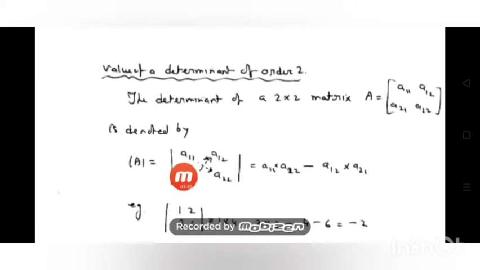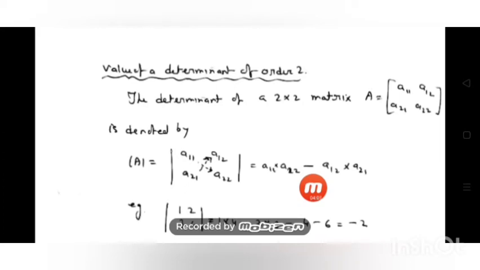I just give this notation to show how to do the calculation. First you take the first element and multiply it, just like cross multiplication. A11 you multiply with A22. I just give this arrow for that purpose. When you do a problem, you don't have to draw the arrow. A11 into A22, then minus A12 into A21. This is the value. The value of a determinant we can obtain by cross multiplication: this into this minus this into this. Why the negative sign comes, you will get to know later.